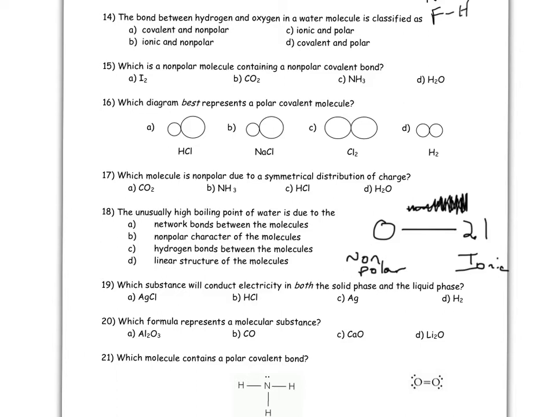Well, a good example of that would be carbon dioxide, and I actually gave this to you in class. Carbon has a double bond to oxygen and a double bond to oxygen here. And when you look, 2, 4, 6, 8, and 2, 4, 6, 8, and 2, 4, 6, 8, what you find is that because all the